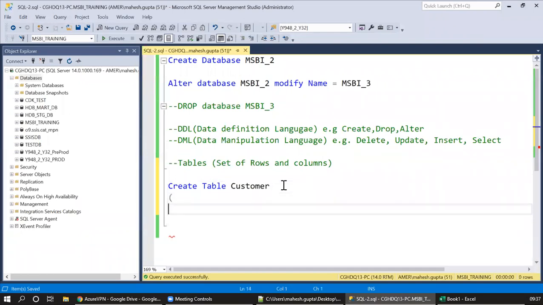Now what are the fields or attributes that I want to have for this customer? Let's say the first attribute, as we discussed, I want to have ID. Then next attribute, I want to have first name. Then next attribute, last name. Then we need to have email, and then we need to have phone. Now you see this red line because this syntax is an error.